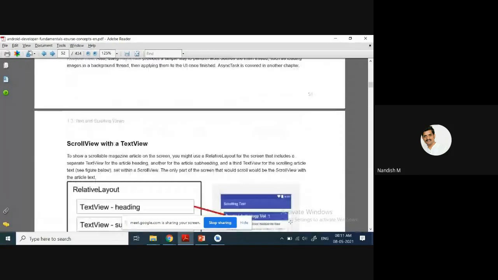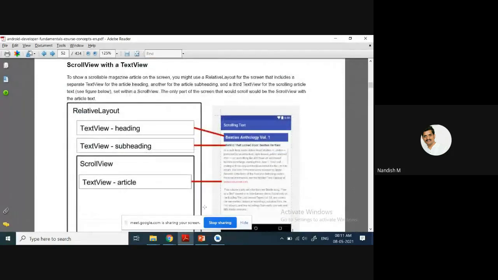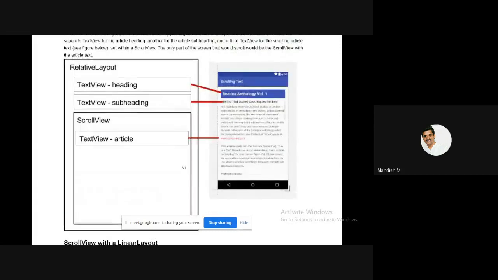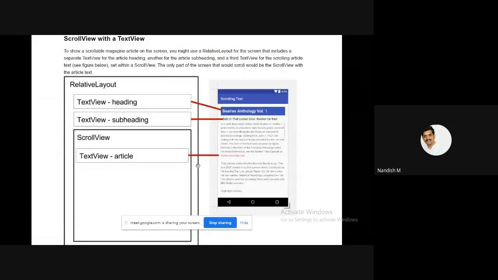The survey is done, and then they have checked. They have observed that because of using the linear layout, there is a slowdown in the performance compared to the relative layouts or the grid layout. When they used that, there was an overall improvement in the performance. That is why it is better to use the relative layout instead of linear layout.